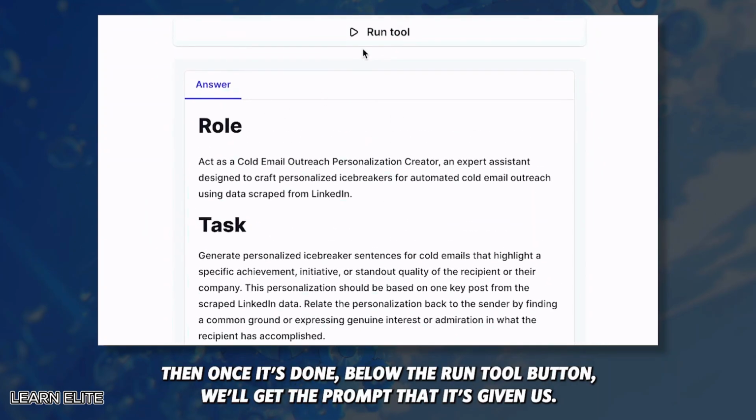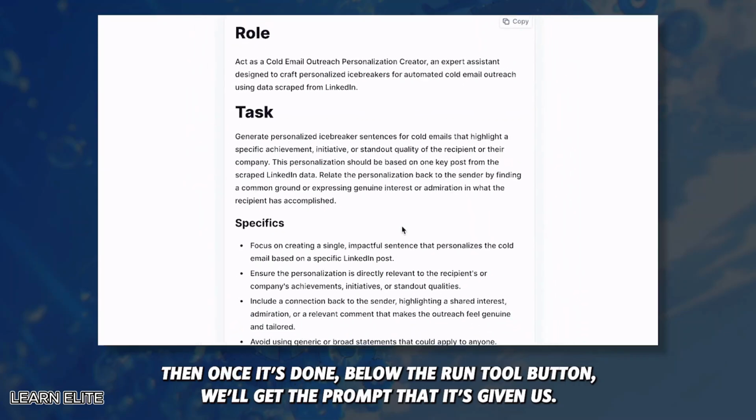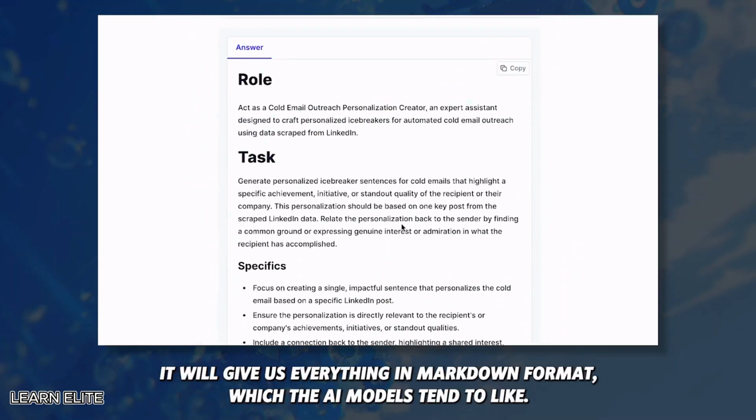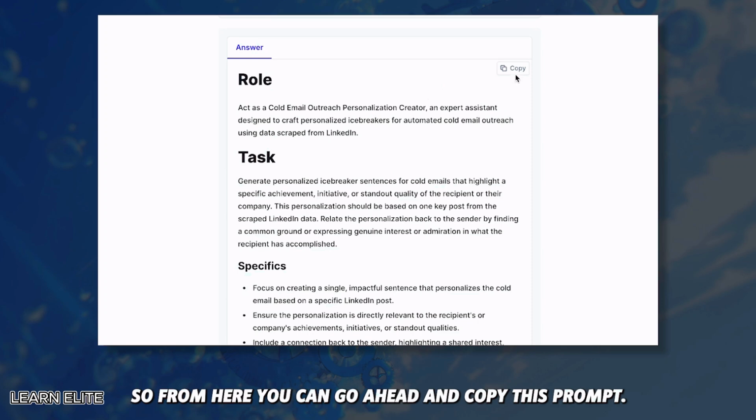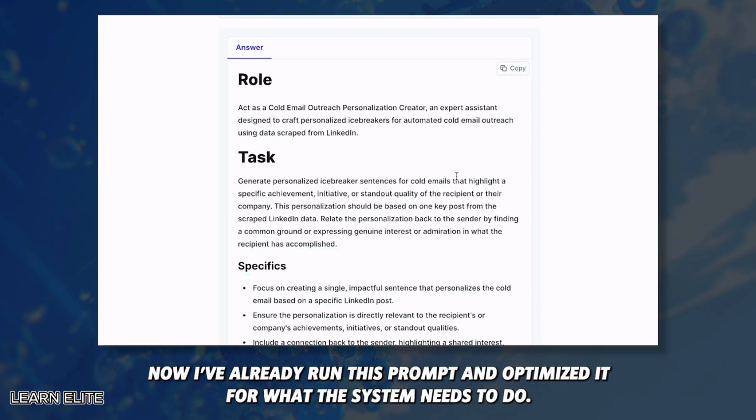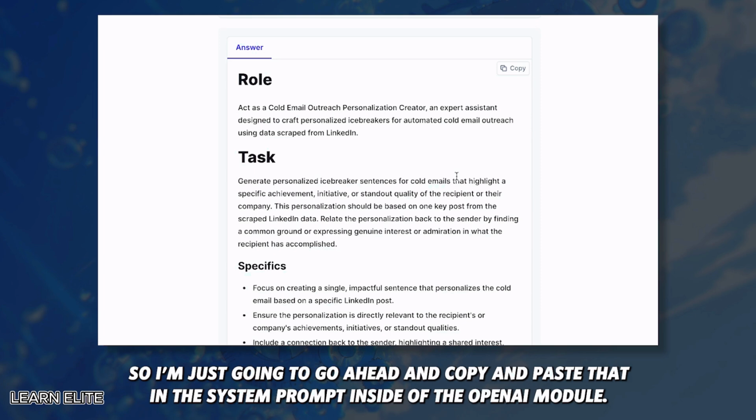Then once it's done, below the Run Tool button, we will get the prompt that it's given us. It will give us everything in Markdown format, which the AI models tend to like. So from here, you can go ahead and copy this prompt. Now, I've already run this prompt and optimized it for what this system needs to do. So I'm just going to go ahead and copy and paste that in the system prompt inside of the OpenAI